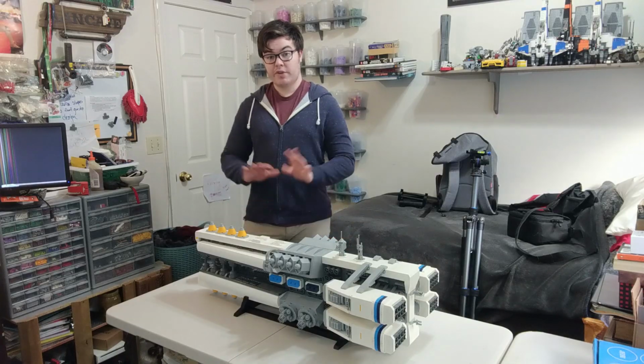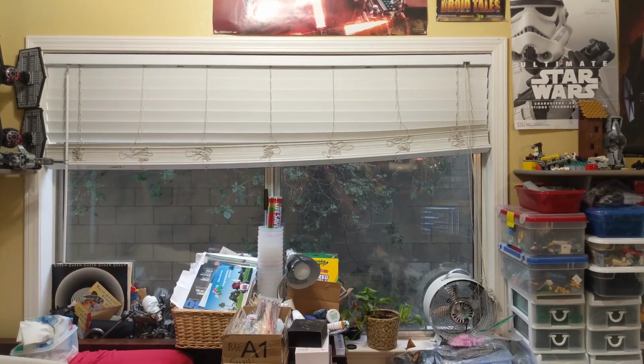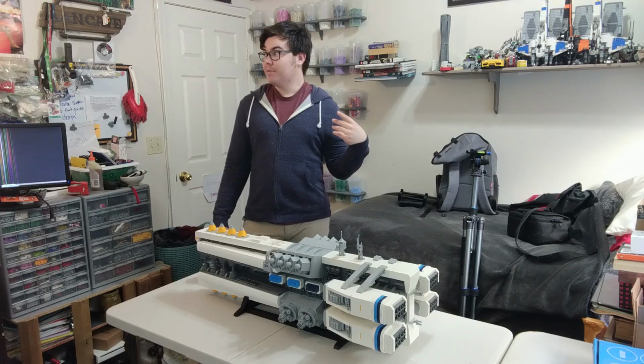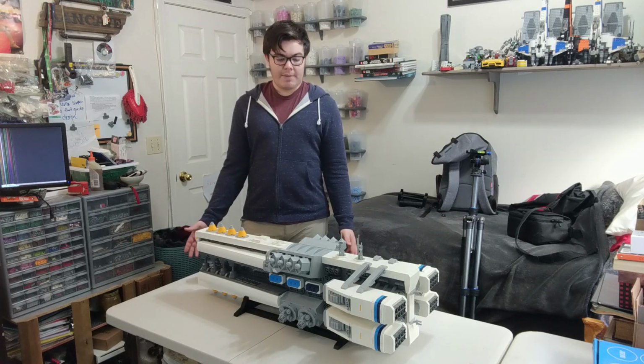I have to use this camera that I'm recording on, so I'm going to be switching over to my phone now, so sorry if the video quality drops or something like that. Okay, so I've cleared off the table, I've got the mock out, so I think we're ready to get started. I have my window open and it's about midday, so hopefully as much light as possible is coming in. Luckily for me, my room is pretty well lit, so we're not going to be doing that much extra stuff